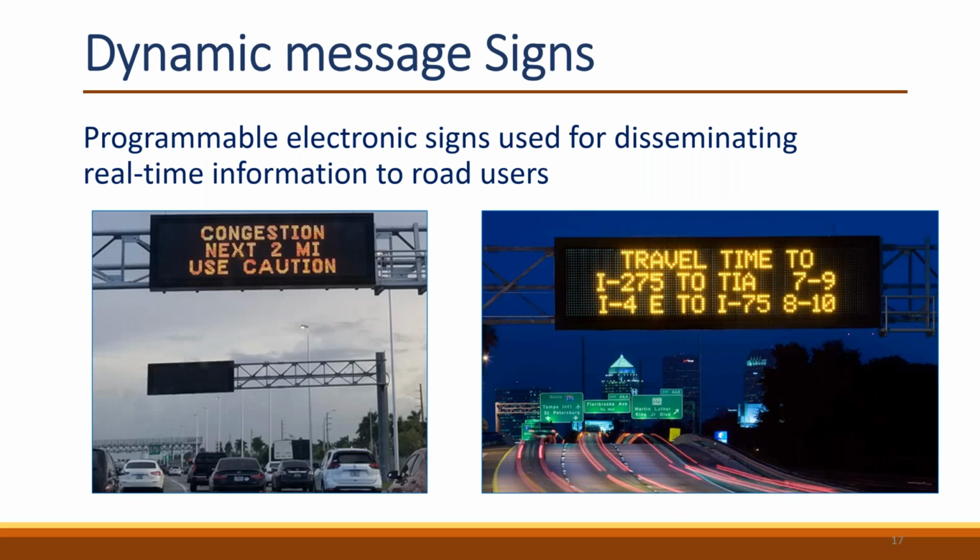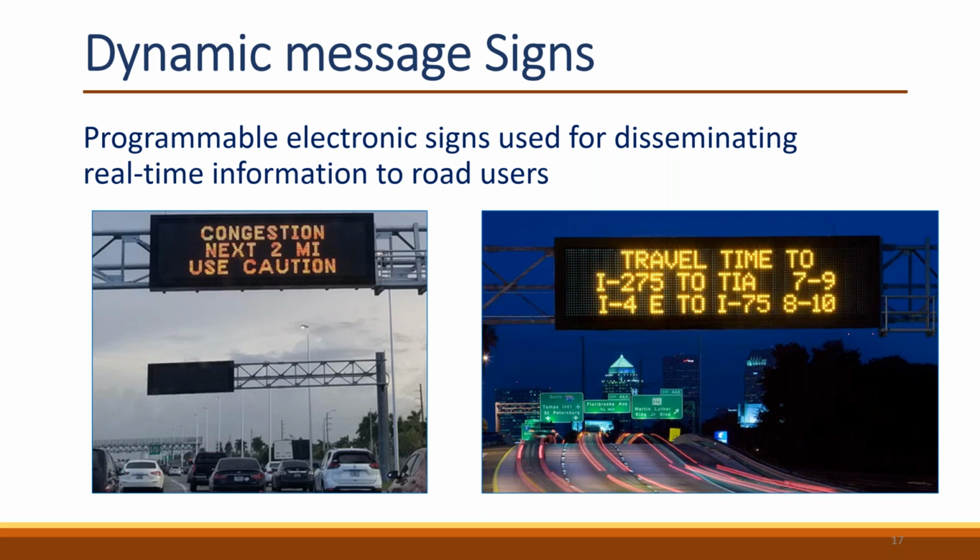So the second strategy, we call it a strategy, but it's just the DMS signs. These DMS signs, the dynamic message signs, are programmable electronic signs that are used for disseminating real-time, time-sensitive information to road users. By time-sensitive information, it could include travel times to a certain destination or to an exit or to the next major attraction, if you will, information about road closures, information about incidents that are ahead, information about adverse weather like